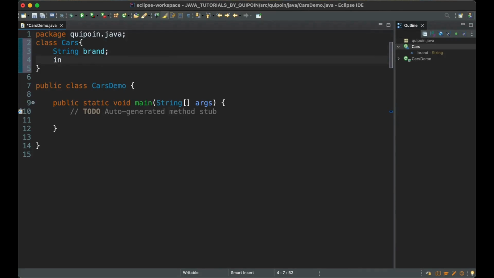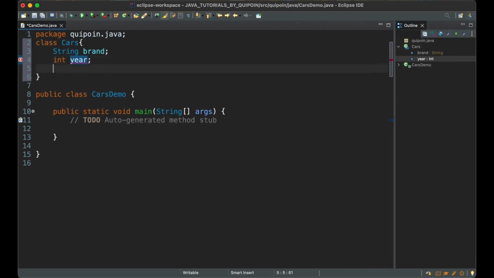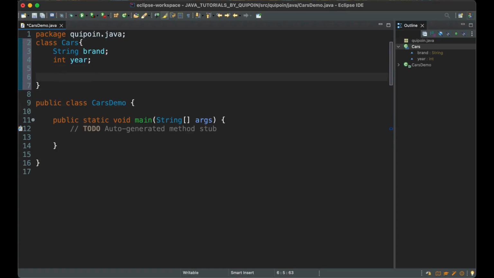Then int year and then semicolon. That is, we are defining our class, and next we will write void displayInfo